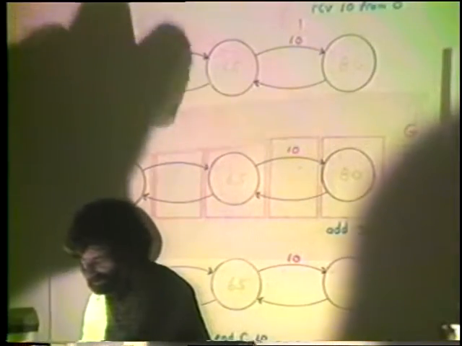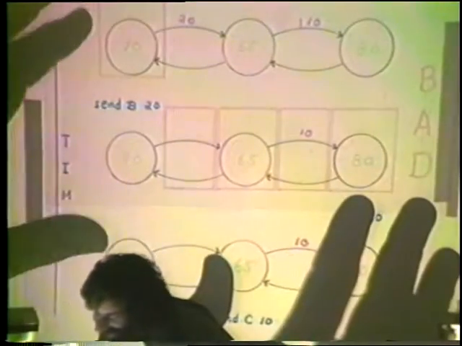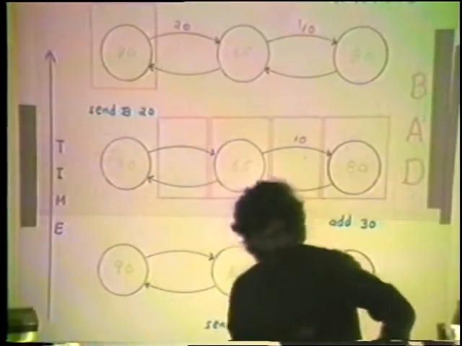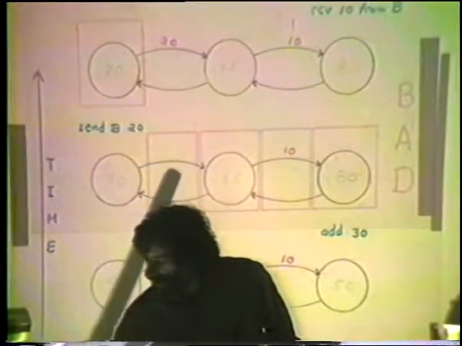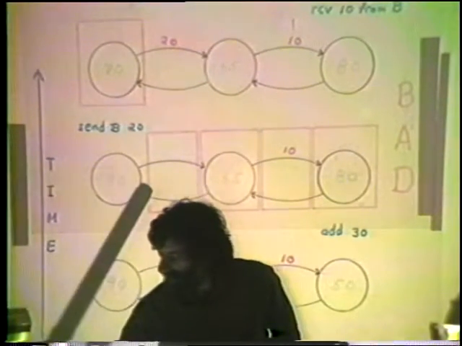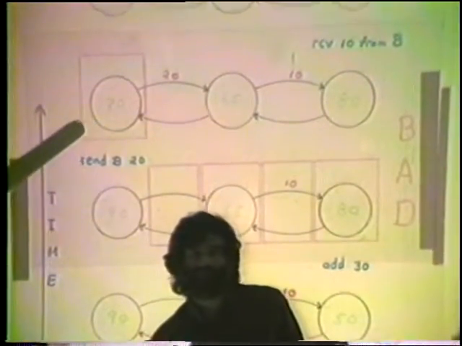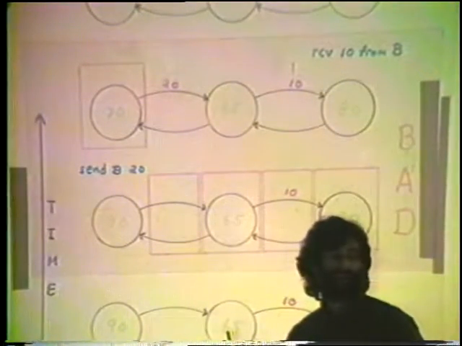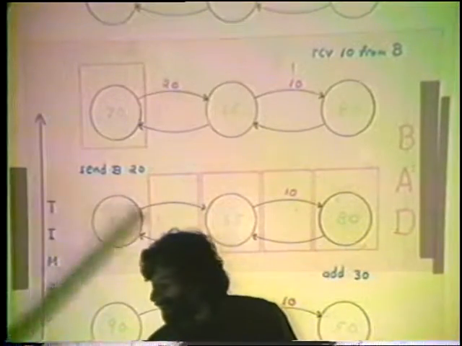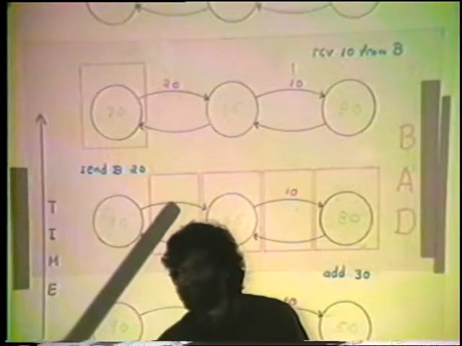On the other hand, here's an example of a bad snapshot. So notice that we've taken all of these snapshots at the same instant, but we've caught process A after this send 20 to B event. And notice that this is a bad snapshot because $20 is missing. We caught this transmission line before the sending of that $20, so the $20 doesn't appear on this transmission line.